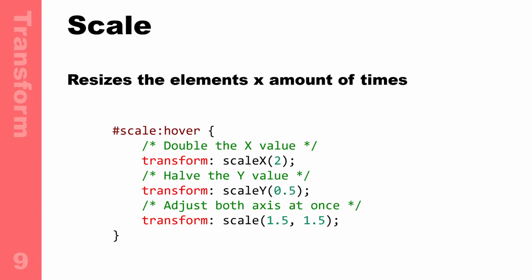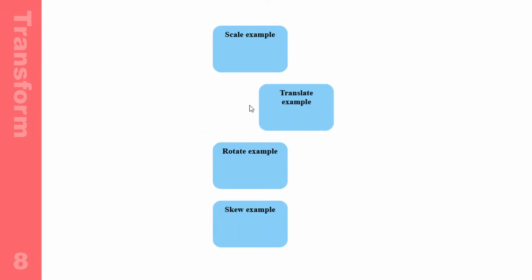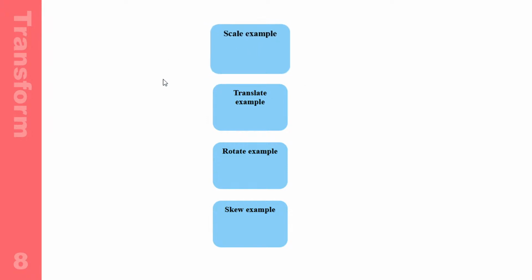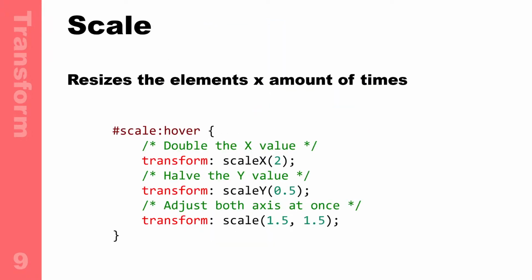So the property is just transform, but with transform you need to add a function to it. You can have multiple things: scaleX, scaleY, or scale. Now scale would be, in the top example, as you saw, it got larger on all fronts, so horizontally and vertically, every side got larger. That means it's probably using scale 1.5, 1.5, so both axes at once will be